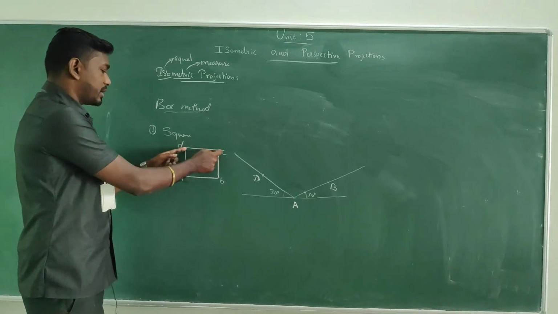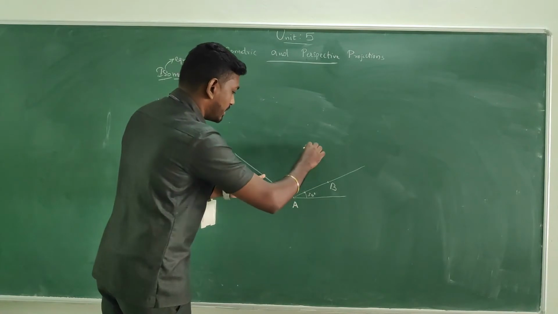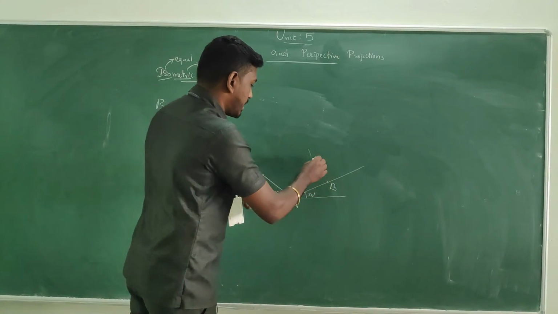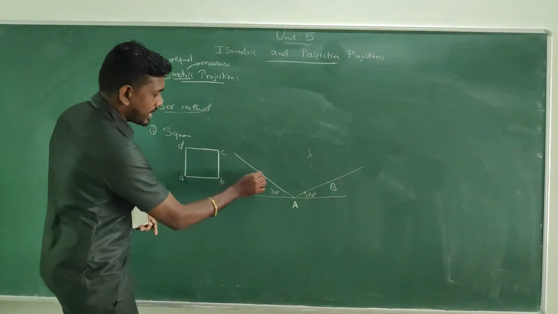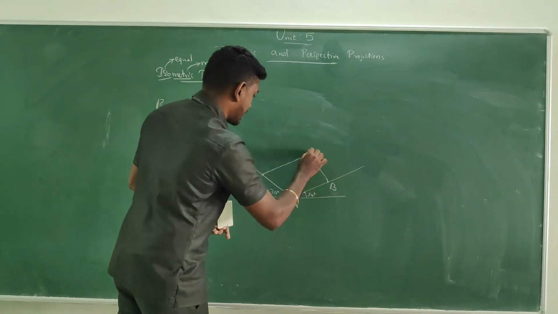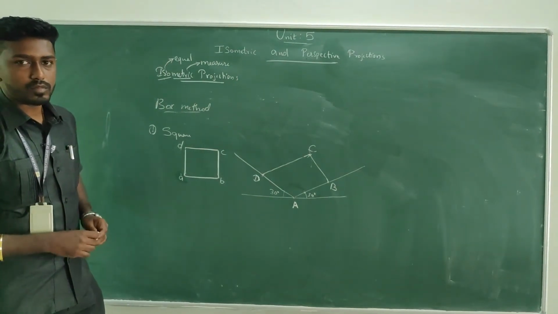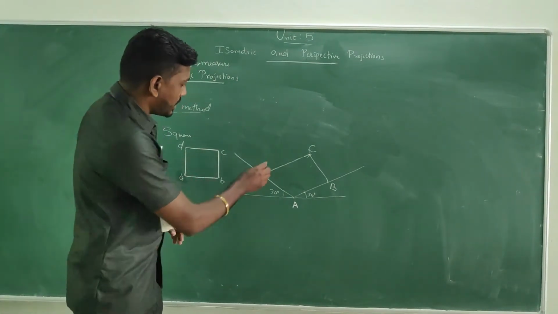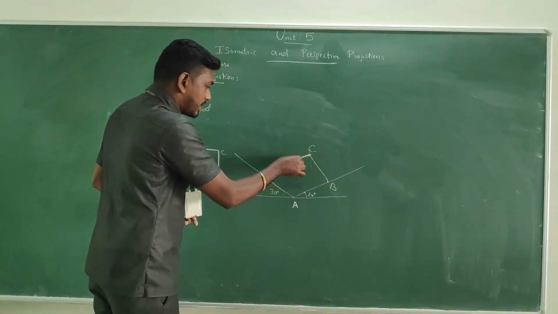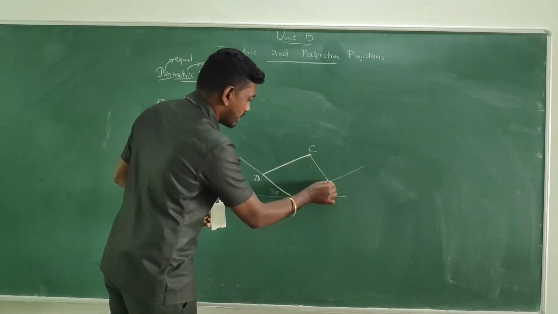What about C? It's the final end, am I right? For that, take the measurement D to C, and from D just make a cut mark. Measure B to C, and keeping it at B, make a cut mark, so that when you draw a line to the cut mark, you will get the corner C. So this is the view of the square, so make it a dark one.